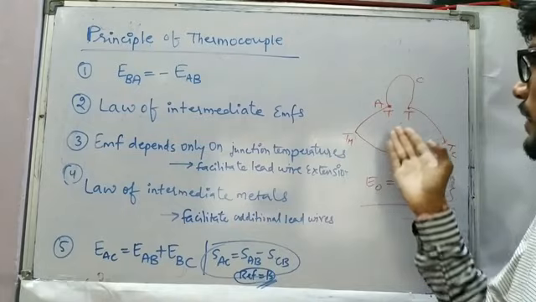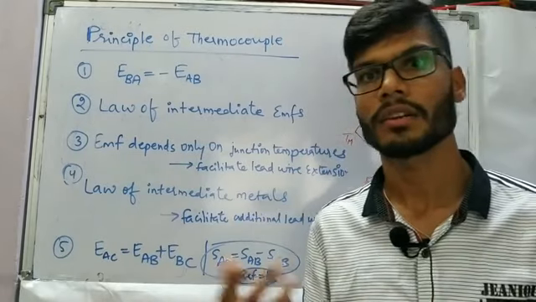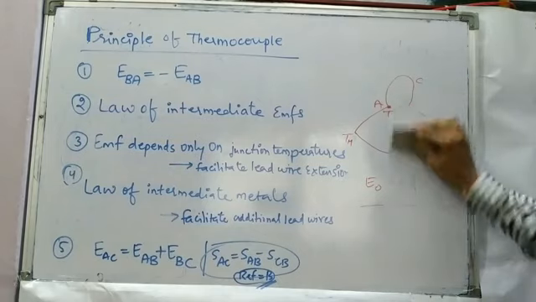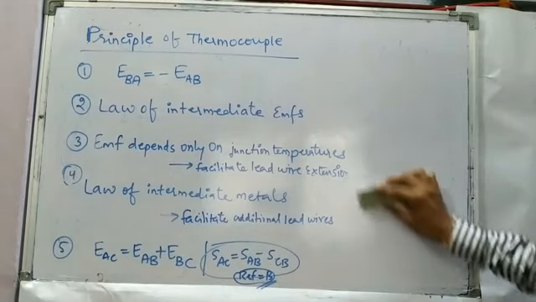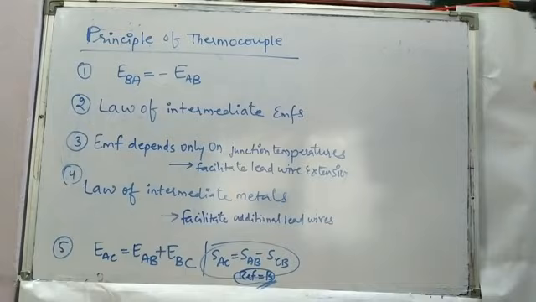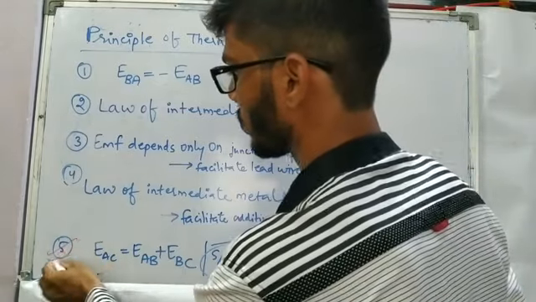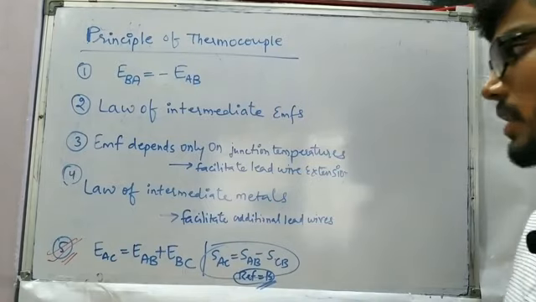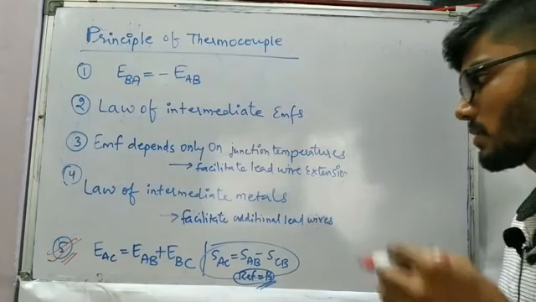So in between we can introduce the copper wire or aluminum wire, which are going to be a little less costly. So this is going to give us the facility in that fashion. And the final and most important one from a numerical solving point of view, E of AC is going to be E of AB plus E of BC.